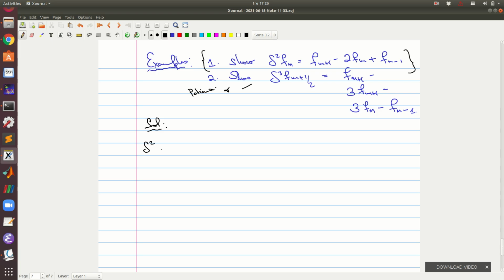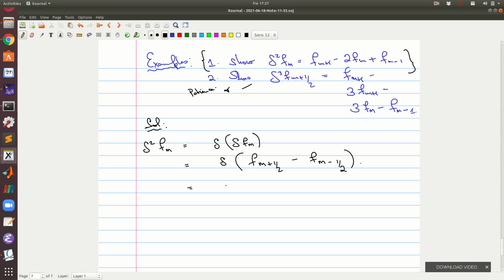Look at this. We know that the second central difference operator, we can write it as the central difference operator operated on the central difference operator at Fm. We know what is inside the brackets by definition. We saw last time it is going to be f of m plus a half minus f of m minus 1/2,